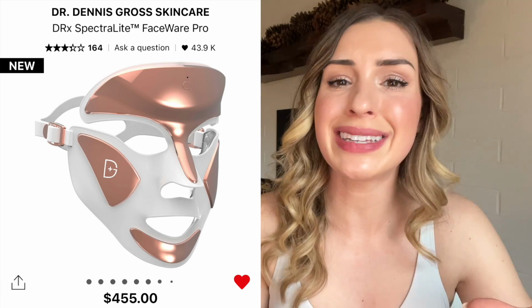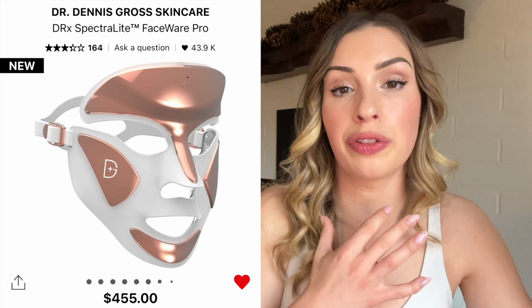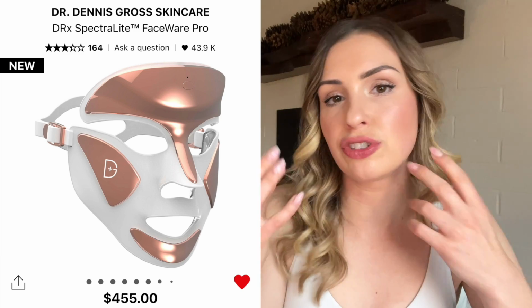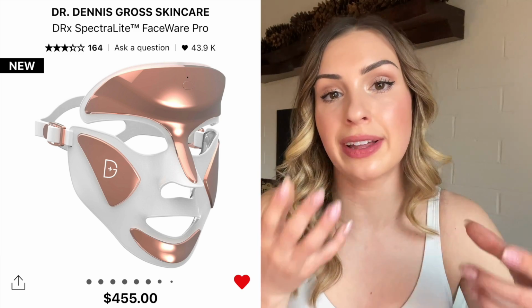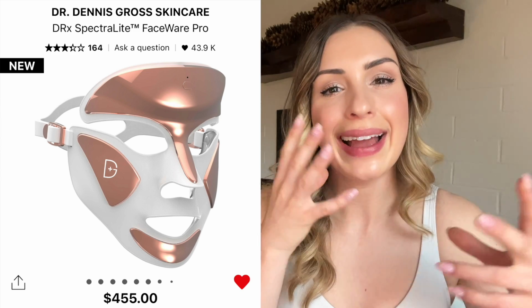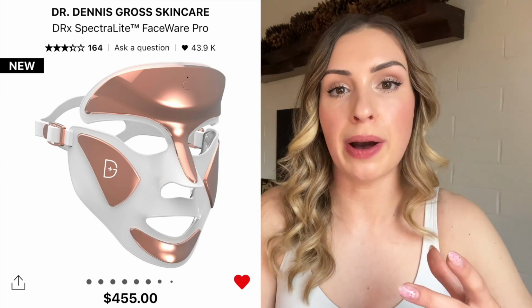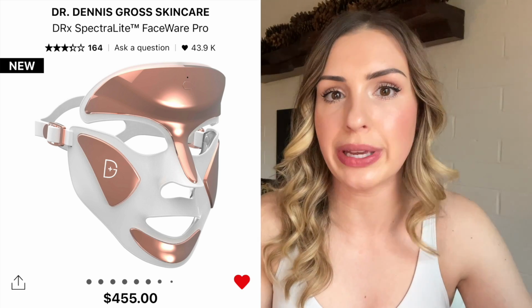It is a little pricey, but it is a little bit more affordable than some of the other LED masks out there on the market. It does a good job of reducing redness, helping out with acne. It also helps to diminish fine lines and wrinkles. I just feel like my skin looks a little bit more even and less red when I keep up with this. You do have to use it a couple times a week at least for a few